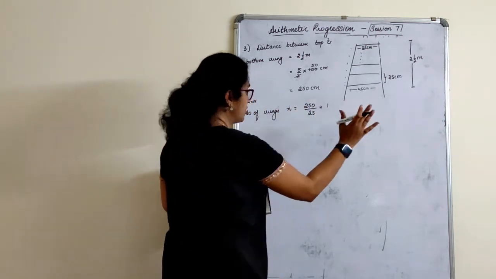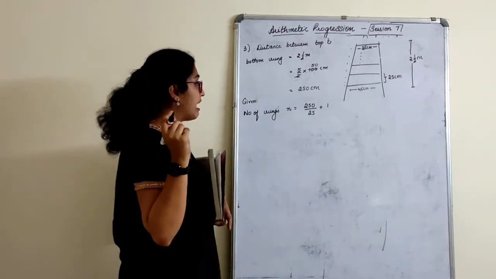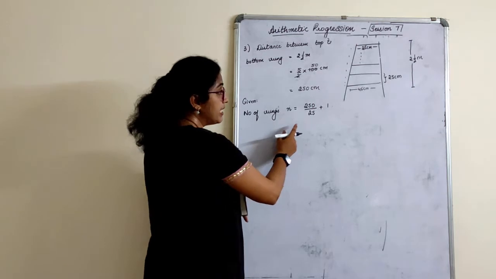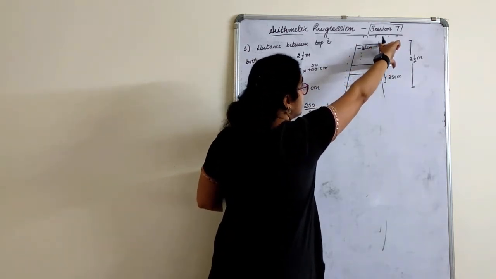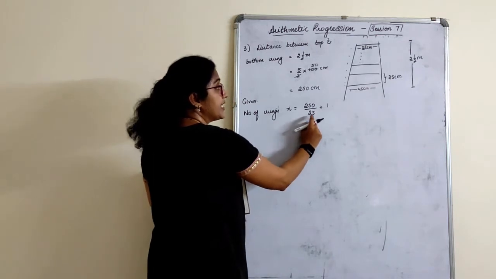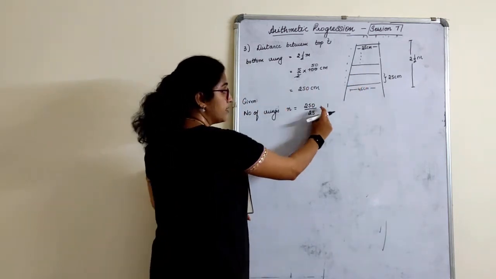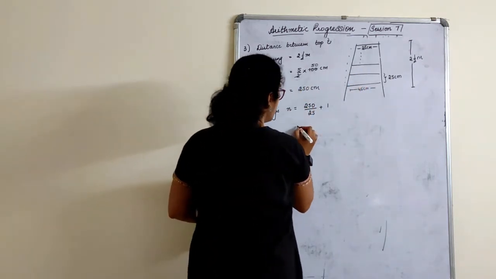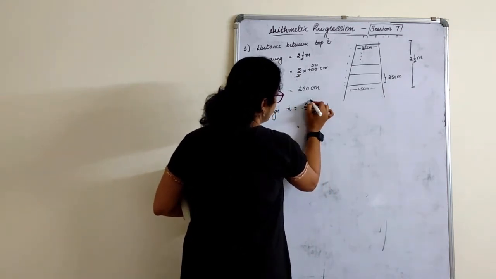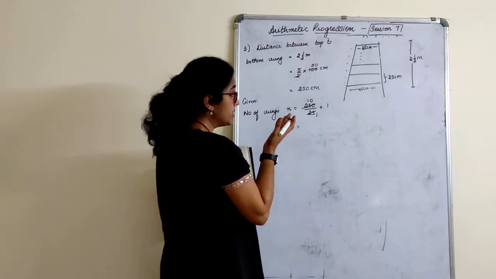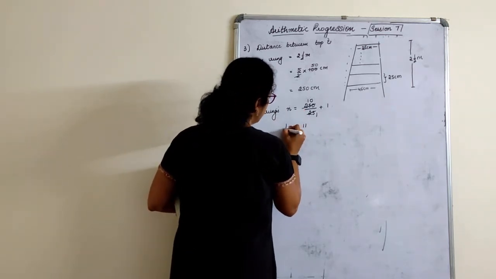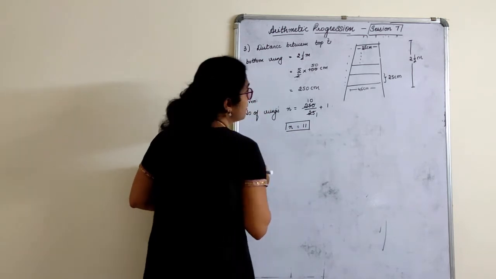So this is the formula, children. Don't break your head much over how we arrived at it and why. The formula is nothing but the distance between the top rung and the bottom rung, divided by the distance between each rung, plus 1. So first of all, we'll cancel this. 25 ones are 25, 25 tens are 250. Don't sit and take LCM here. First cancel it. 10 plus 1 is equal to 11. Now the things became very simple.